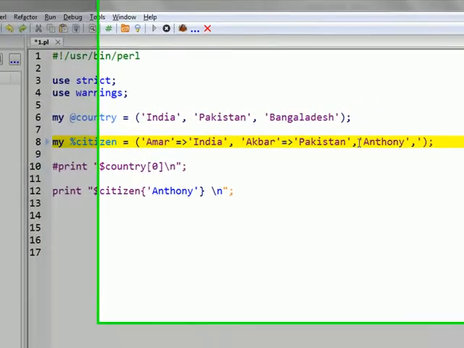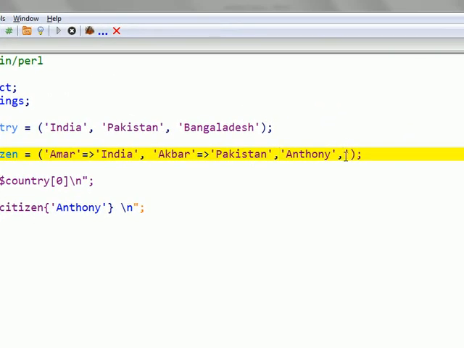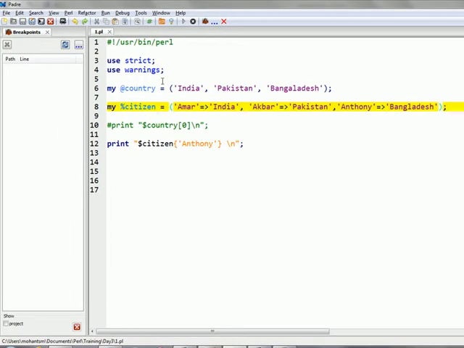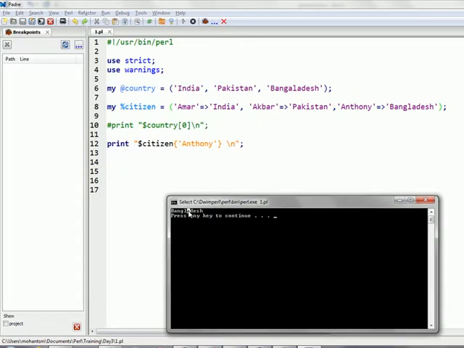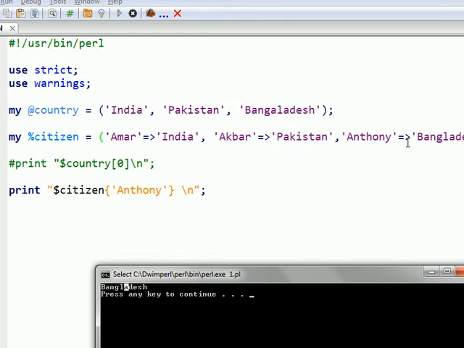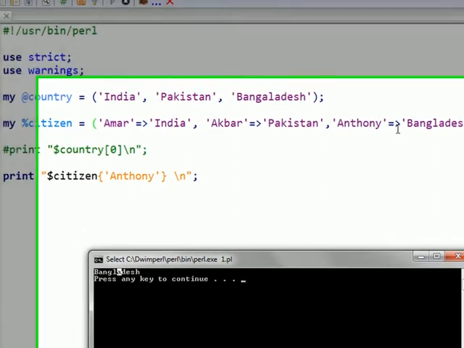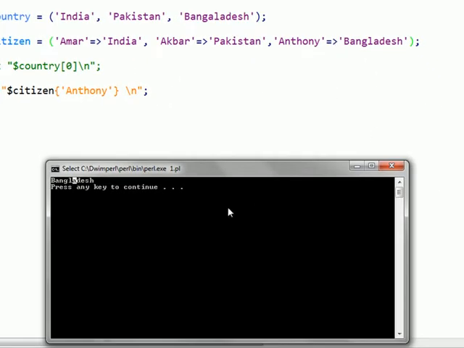If you don't do it and you give a comma, it will work fine. Okay. So Anthony belongs to Bangladesh. We save it. Now if we run the program, it prints out Bangladesh. So the fat comma effectively serves the same purpose as a comma.